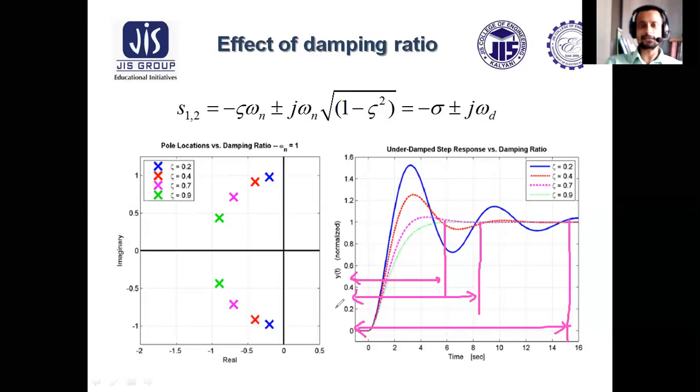So let me summarize today's class. What we discussed in today's class: we have considered the second order system. We have obtained the step response of the second order system. Once the step response was obtained, we analyzed that system for different damping ratios. Thus we obtained the effect of damping ratio on system response. Also we have observed how system pole locations change with change in damping ratio. So based on damping ratio, how system behavior would change is much clearer to us now.